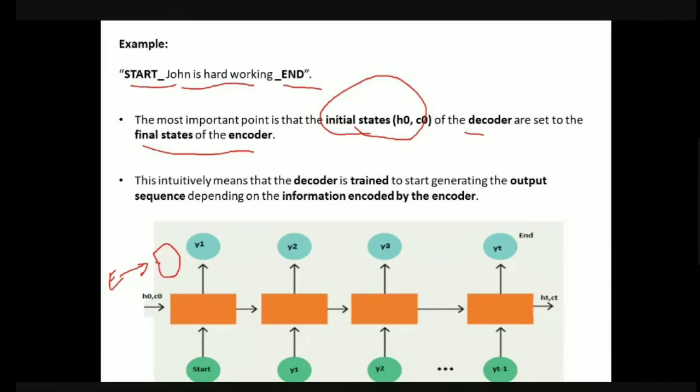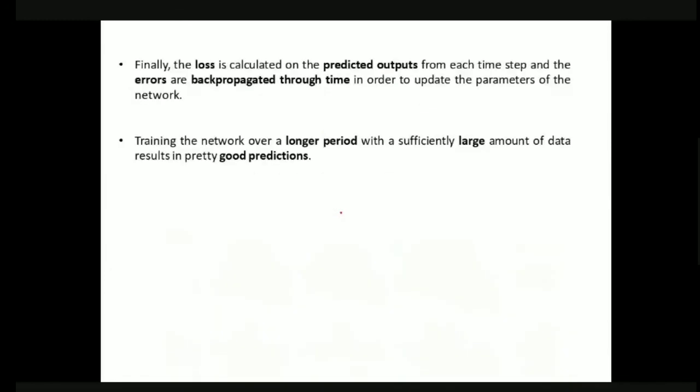That means the decoder is trained to start generating the output sequence depending upon the information encoded by the encoder.